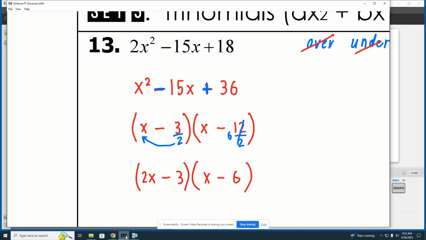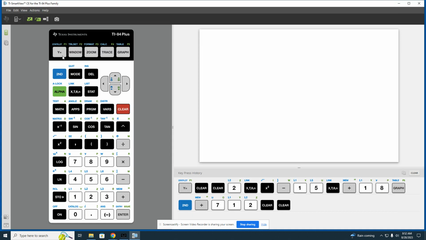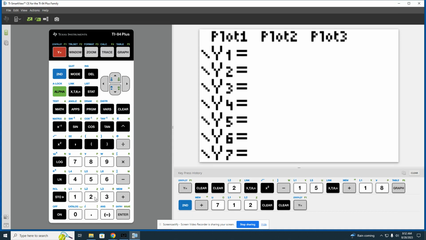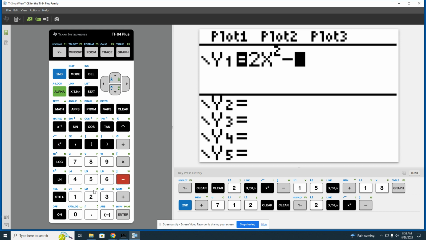But I want to do something real quickly to kind of get us ready for what we're doing today. See, if I were to take this factor, y'all see the factor? We did it. We did over under. It came up with 2x minus 3 times x minus 6. Got it? If I were to take this original factor, 2x squared minus 15x plus 18, and I go to y equals, and I type it in, 2x squared minus 15x plus 18, and I were to graph it,